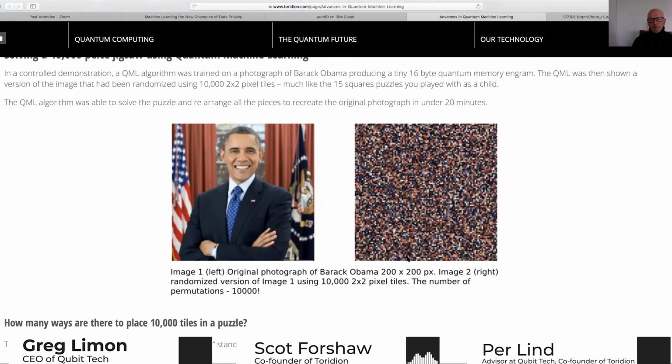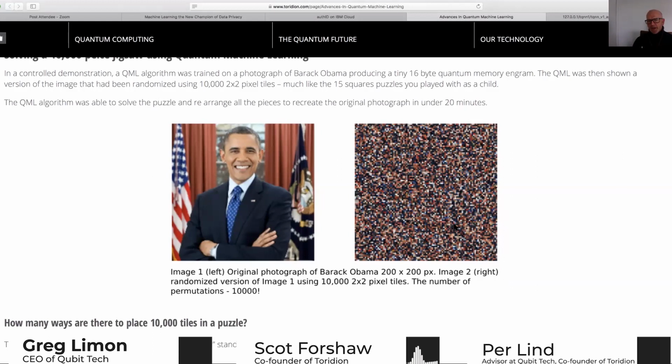So what we've done here is we have a photograph on the left of Barack Obama. Hello, Mr. President. We take this photograph and we train a neural network, a quantum neural network, with this photograph. That's one step, train the photograph to the neural network. Then we delete the photograph, get rid of the Barack Obama, and we